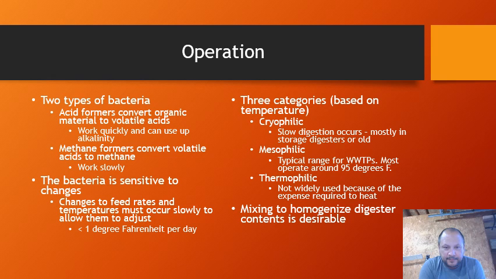If the acid formers outperform the methane formers, you can run into a situation where all of those volatile acids will soak up the alkalinity in the digester and eventually halt the process, and you get what's called a sour